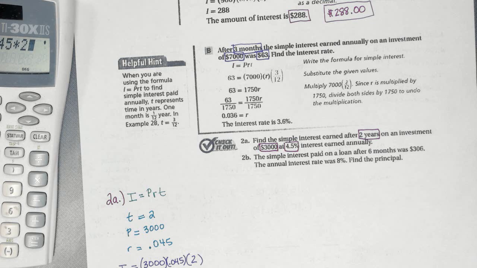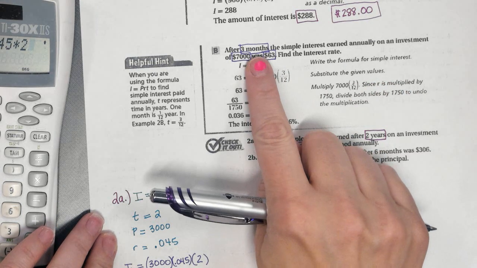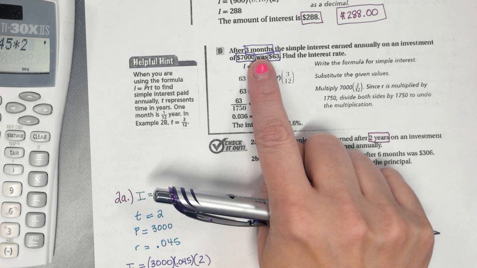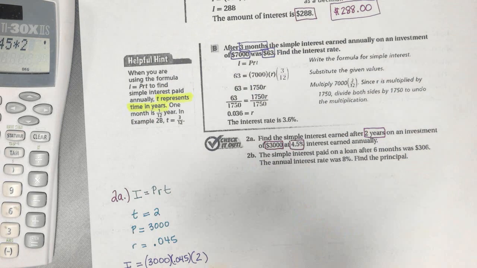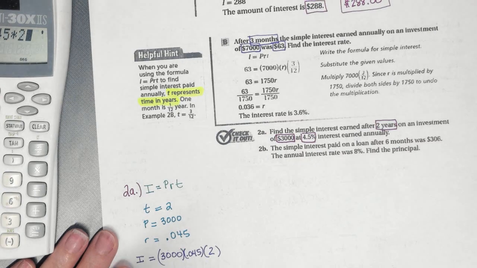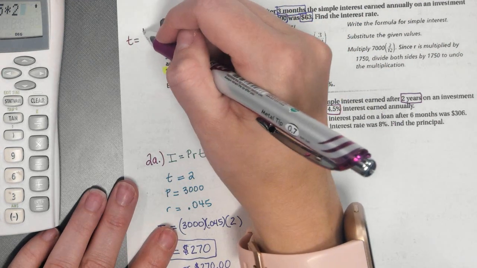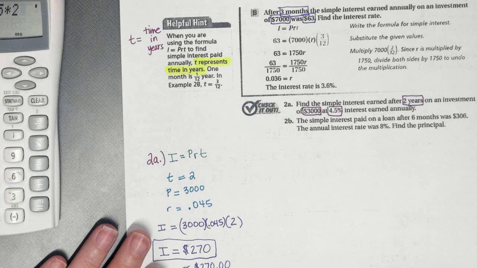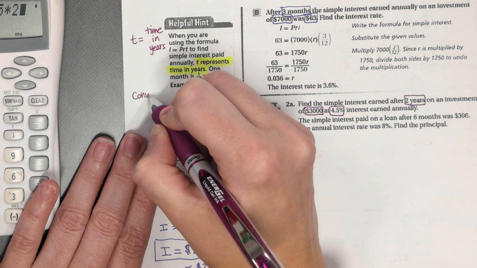Okay, and then remember that when you are doing the time, so if the time is measured in years, what we're going to have to do is we're going to have to convert this, okay? So will you guys either underline or highlight this? Okay, so T equals the time in years. So if they give you the time in months, how many months are in a year? 12 months. So if they give you the time in months, we're going to convert